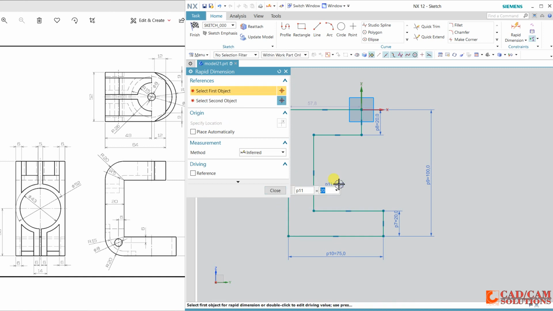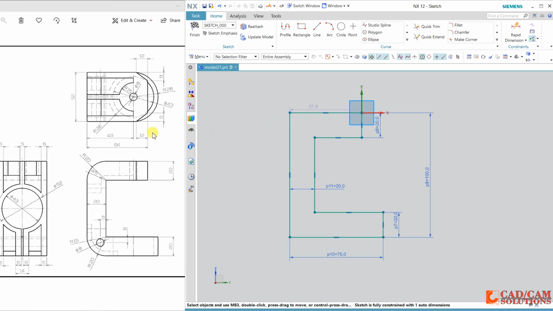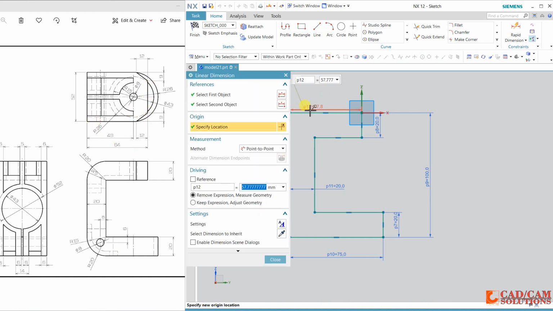This gap is 20 and only this is remaining. And these upper distances, these dark lines are from the upper face and dotted are given for this bottom face. So this line is 64, so we will change this to 64.